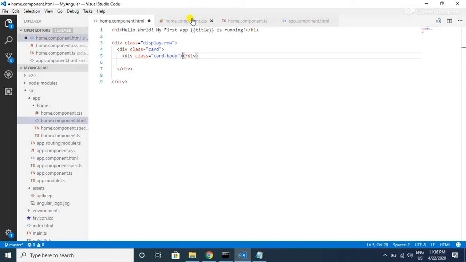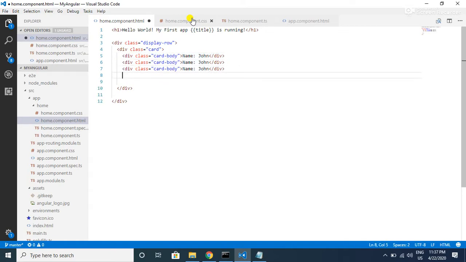Inside this I want to display the name, and for now let me have a hard coded name, and let me repeat this div tag for age, salary and department, as IT, salary as 50,000 and age as 30, and let me save this and go to the browser.